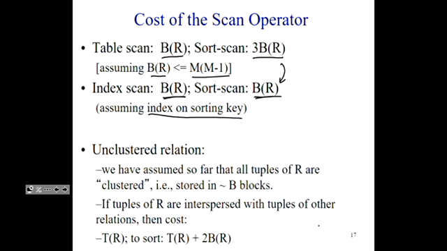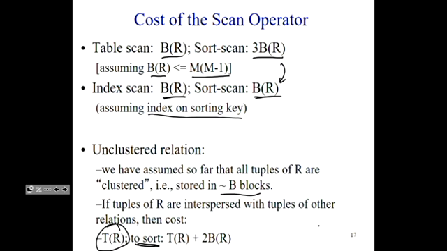If you have an unclustered relation, I'll briefly discuss that for a second. Most of the lecture I won't talk about unclustered relations, but so far you've been assuming that the tuples of R are clustered, they are dense, they are stored in B blocks. But if the tuples are interspersed with tuples of other relations, then in the worst case, the number of blocks is T of R, and therefore, in order to sort, applying this 2-pass multi-way merge sort would be T